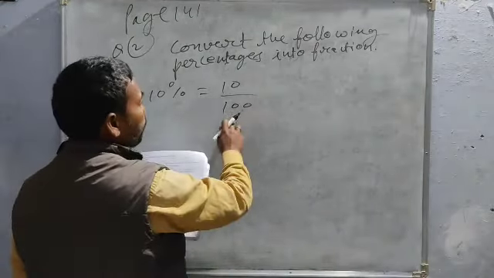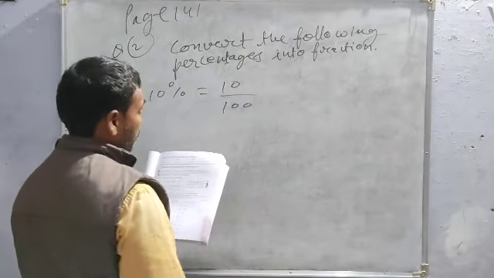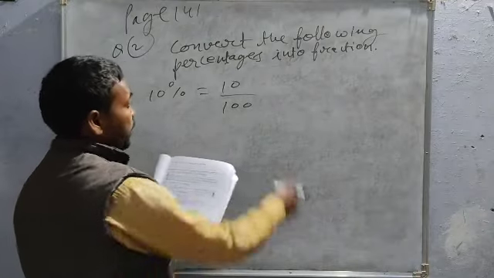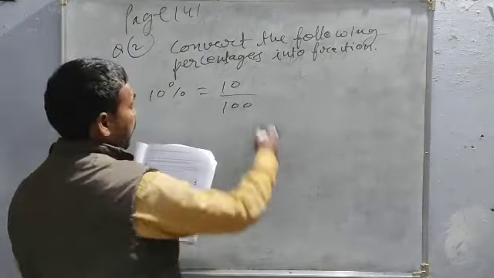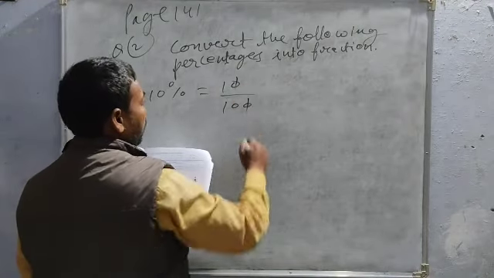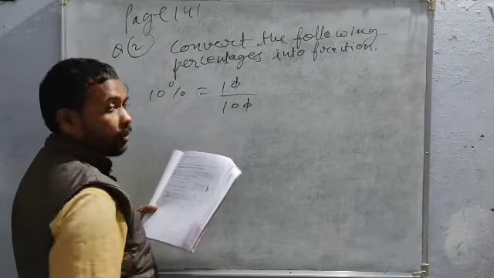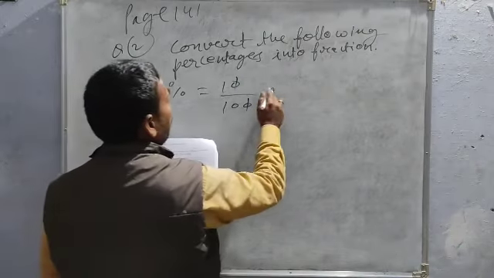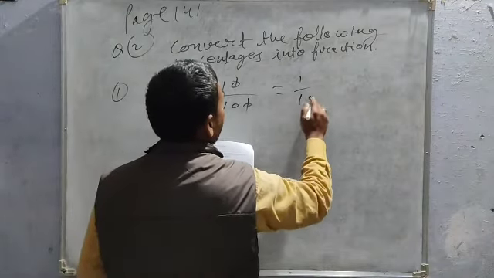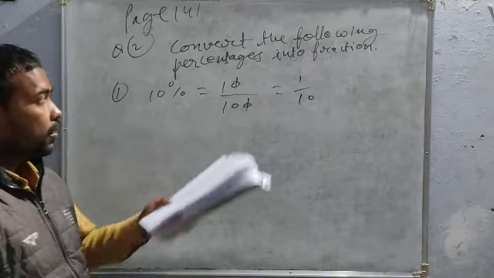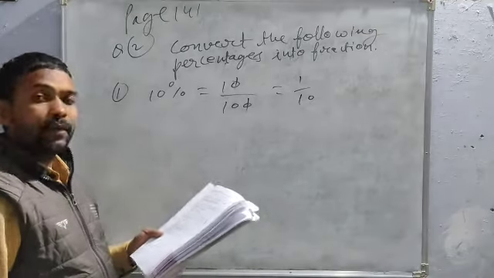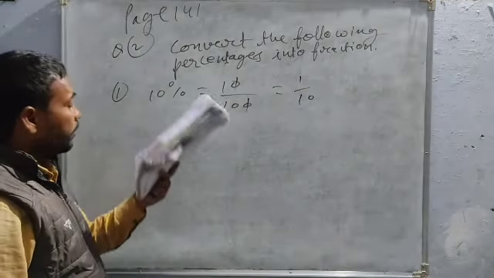You know how to convert a given fraction into lowest term. We have to search the common factor between 10 and 100. That is, you can search the highest common factor of 10 and 100. You can use that method, or you can cancel 1 zero. That is, 10 is the highest common factor between 10 and 100. So both numbers are divided by 10, or 10 can be cancelled, and 1 by 10. So 10% here converted into fraction is 1 by 10. So similarly you can complete the remaining questions. All are the same.